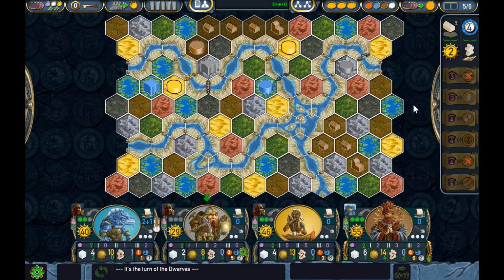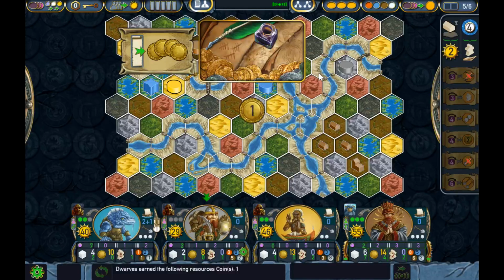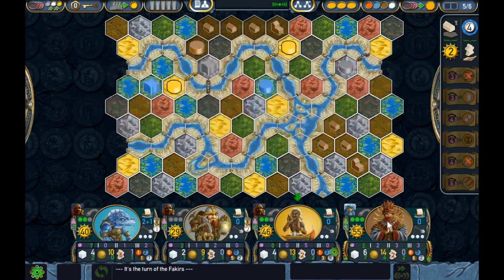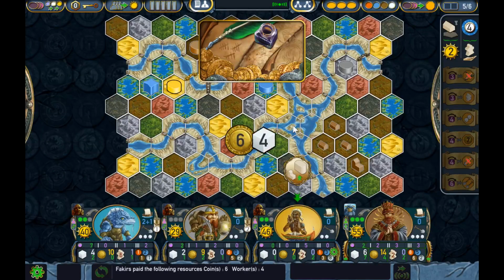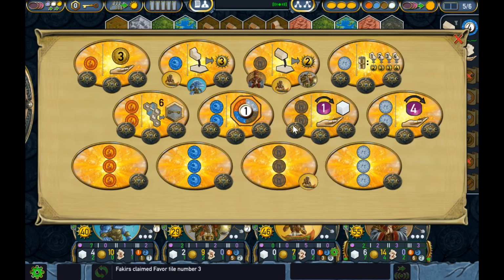Yeah, I haven't been able to make much use of the cultist special ability because I haven't had many neighbors. So it really has turned out to be quite a bad faction choice. And we're going to get a pretty low score, all things considered. I mean, we'll get a pretty reasonable score just because the AI is awful, but not as much as we could have if we'd had